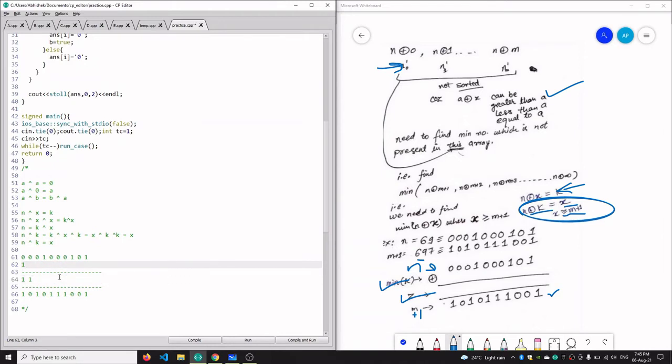So we have two choices, either take 0 or take 1. We will go with 0 because we need the minimum value of k. So here we will take 0, and our answer would also contain 0, so this number is still greater than or equal to m plus 1. And for the next bit, there is 0 in n and 1 in m, so it is the same case that we have done earlier. So we will take 1 here and our z will also contain 1.